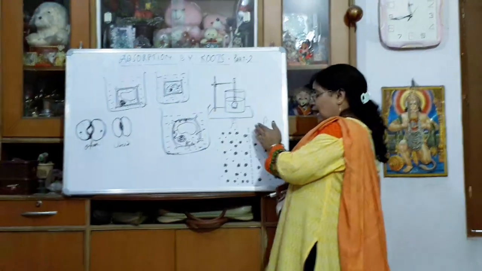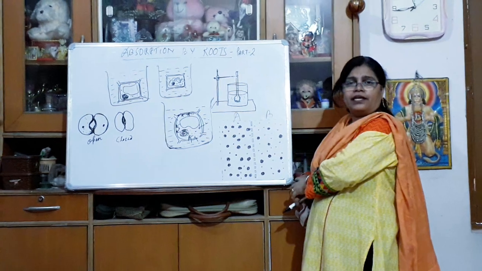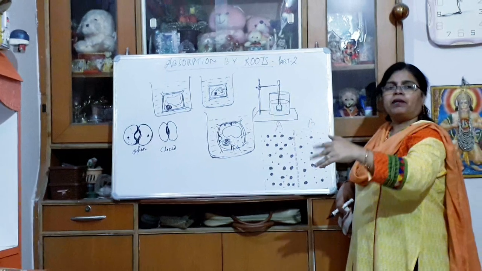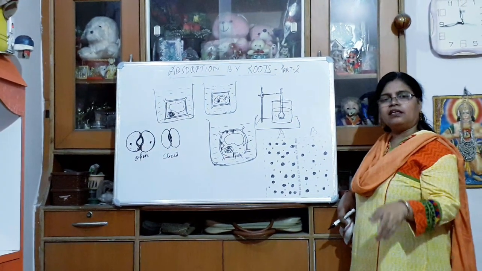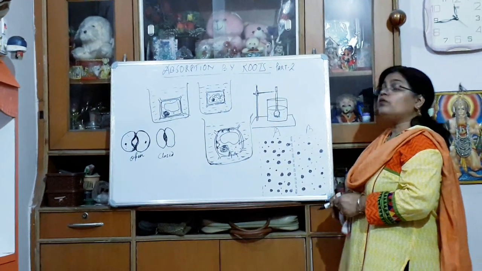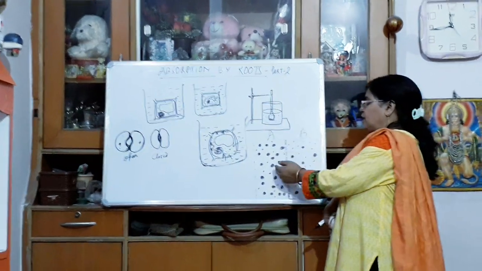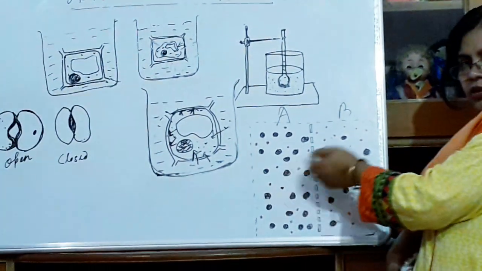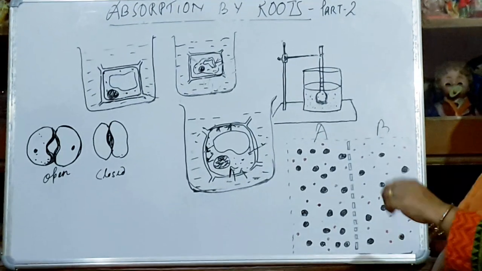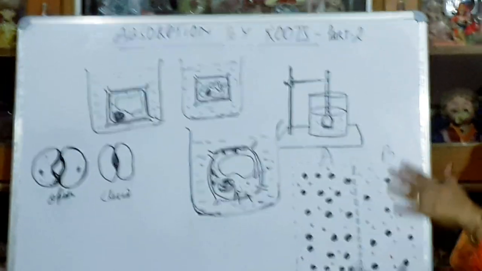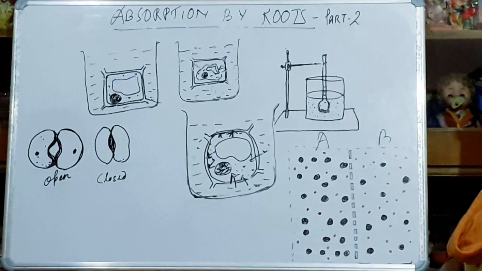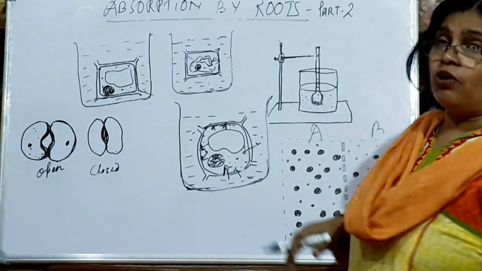Now like this only, when in the root hair cells water enters from the soil, in the same way through the semi-permeable membrane water molecules enter into the root hair cells, and this is called osmosis. Now osmotic pressure is the pressure exerted from this side to that side when the solvent particles are getting entry. So osmotic pressure is the minimum pressure that doesn't allow the solvent particles to move from one side to the other side. Now what about tonicity?